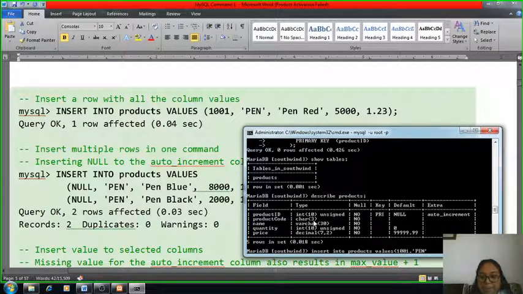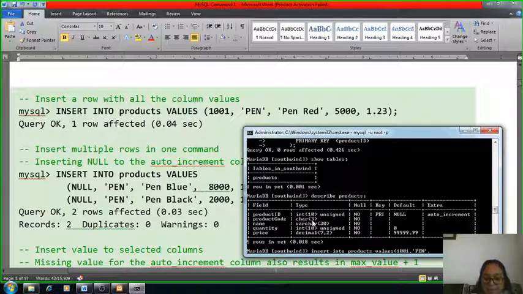Suppose you write "pens", it will still not be accepted because the maximum size of this character we have mentioned here is 3. So your product code should not be greater than 3.